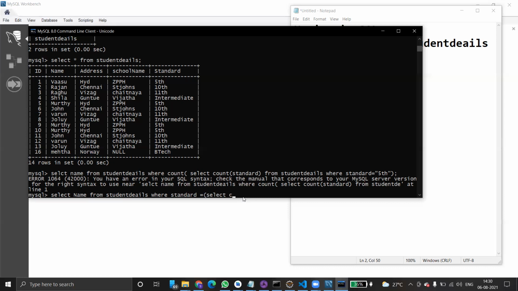I'm really not sure. I don't know how to use these subqueries. Basically, how do subqueries look? There is another query that comes inside a where clause. Select name from student where... I basically could not get the scenario. Okay, the scenario to use a subquery. I will give one simple example.